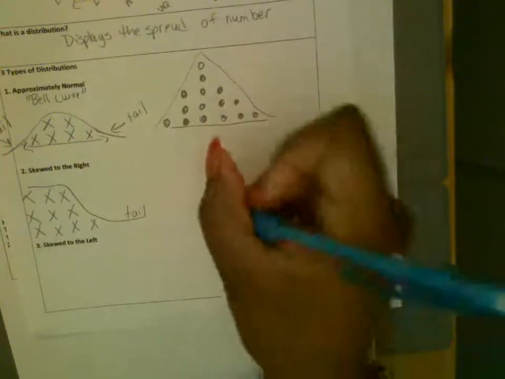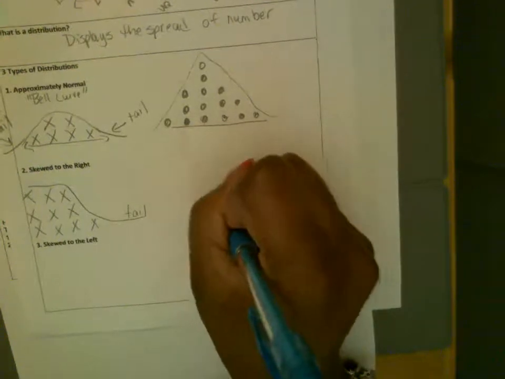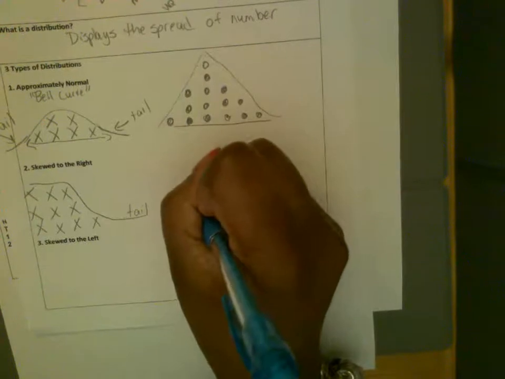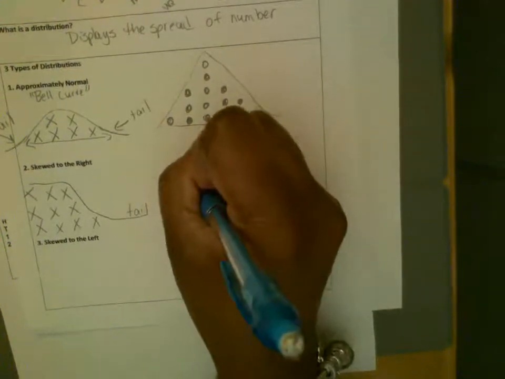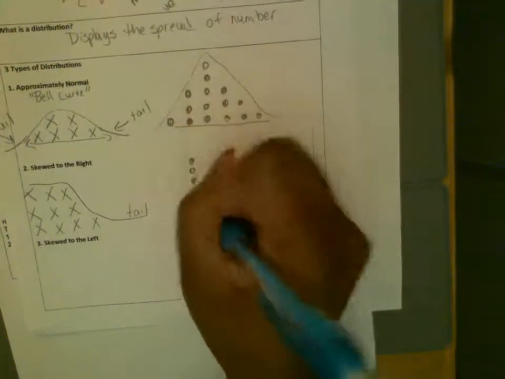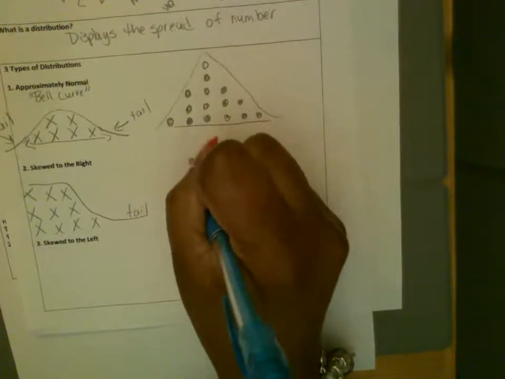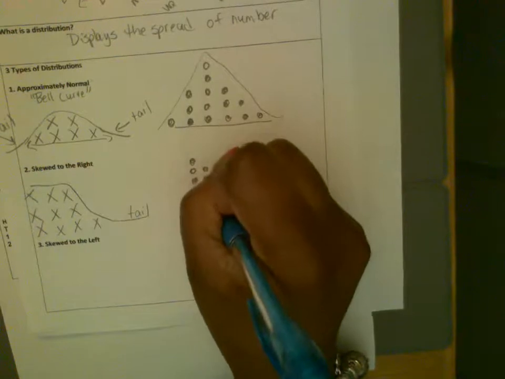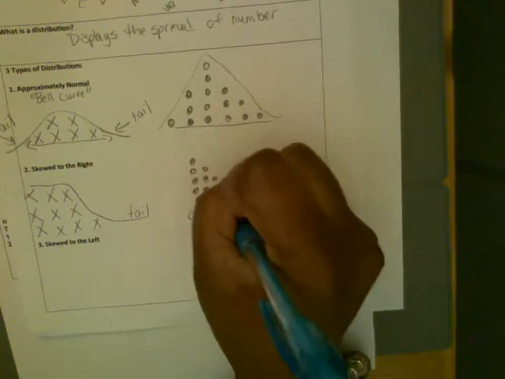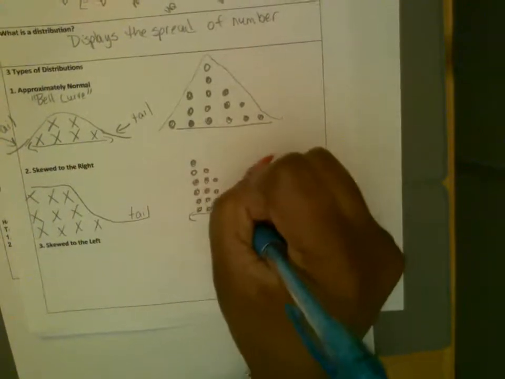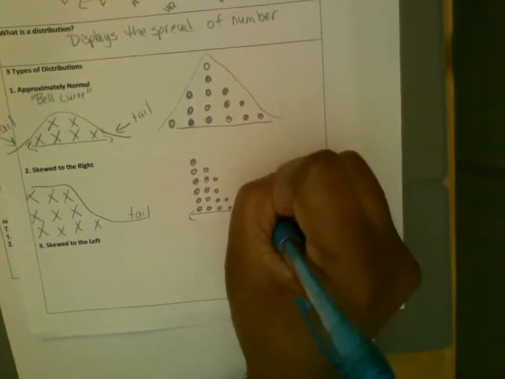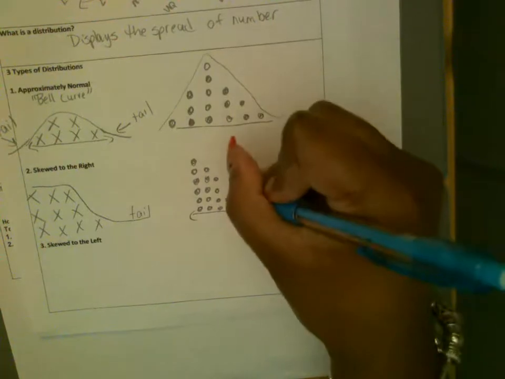Okay, and you can do the dots the same way. Got your number line. And it doesn't have to be perfect. Okay, it doesn't have to be perfect. This is, even if I put one right here,